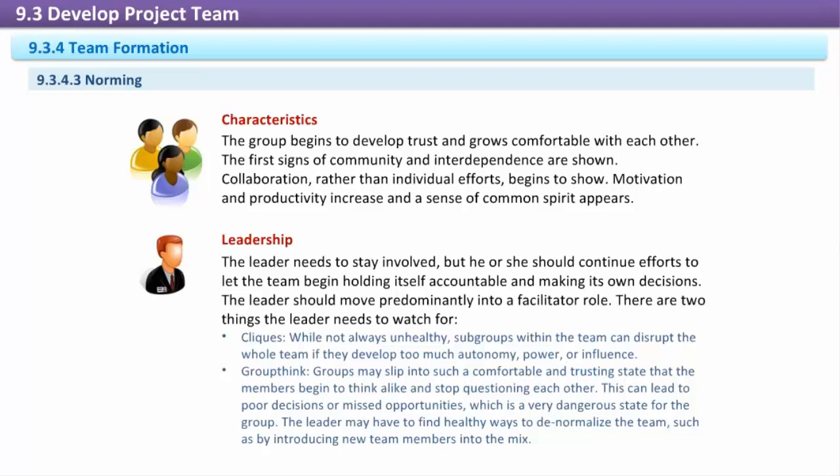Cliques. While not always unhealthy, subgroups within the team can disrupt the whole team if they develop too much autonomy, power, or influence. Groupthink. Groups may slip into such a comfortable and trusting state that the members begin to think alike and stop questioning each other. This can lead to poor decisions or missed opportunities, which is a very dangerous state for the group. The leader may have to find healthy ways to denormalize the team, such as by introducing new team members into